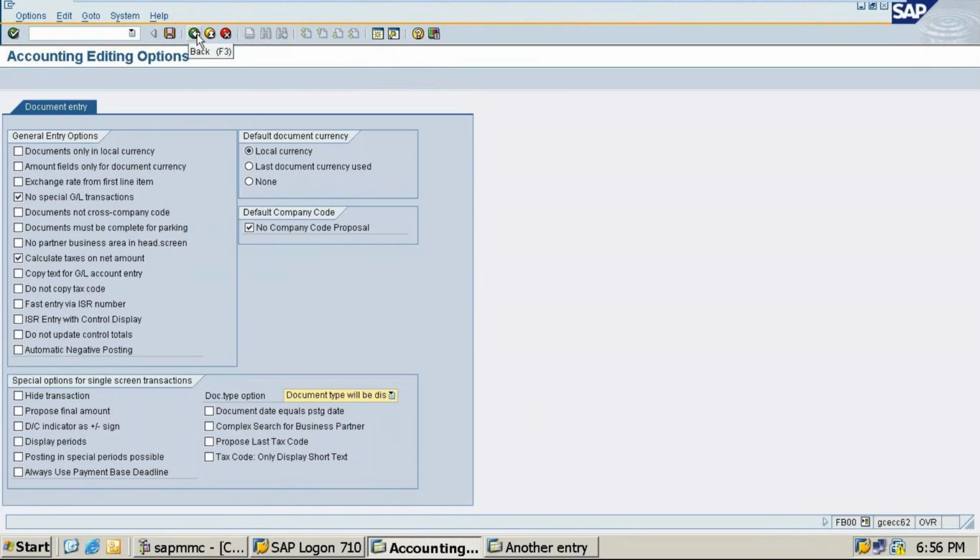Please do that and check it out. On the right side, local currency should be enabled and default company code should be tick marked. How it is looking on my screen, set it the same way and save, and check now whether it is displaying or not.